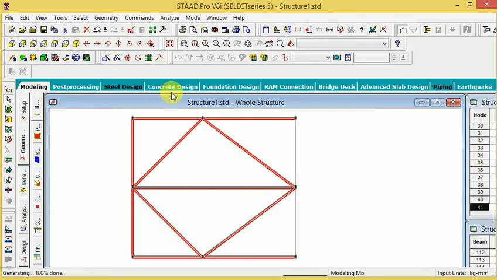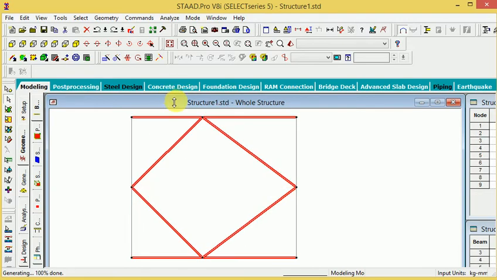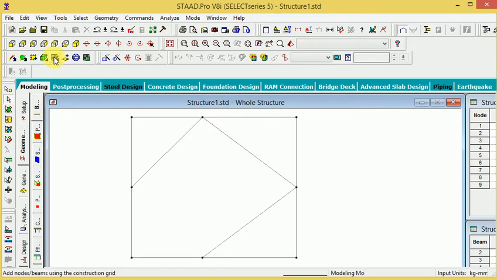Again I will go to control back. I have joined the node here, this point to this point, and another node to this node. OK.